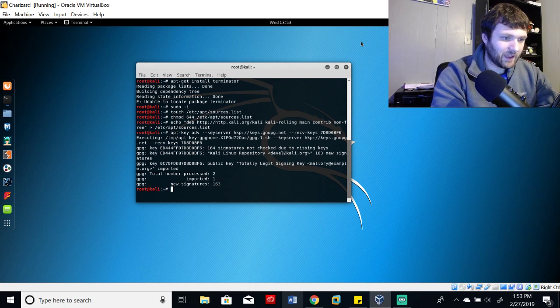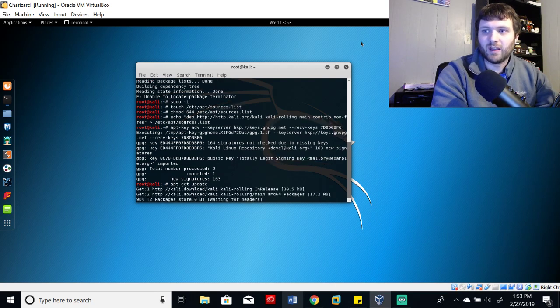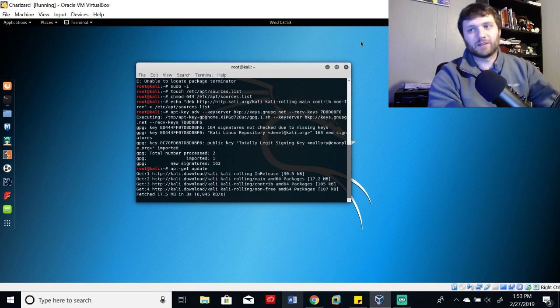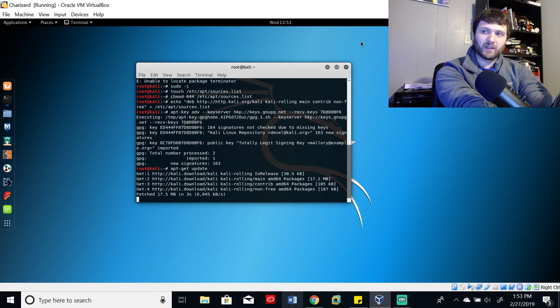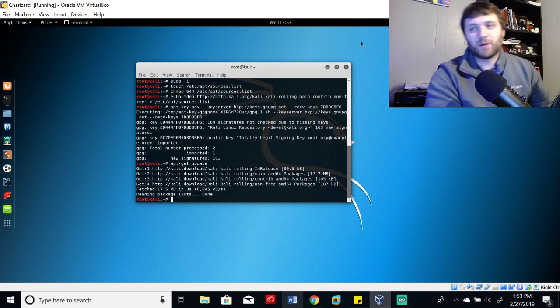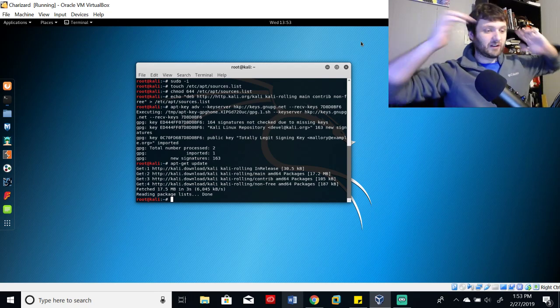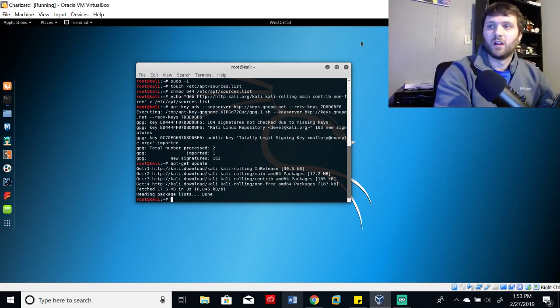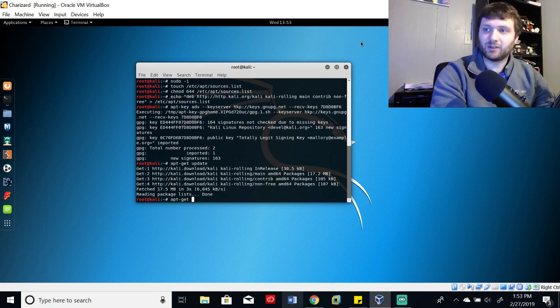Let's go ahead and type apt-get update. Make sure that it's working successfully, and it looks like it is. This looks good for us. It's going to come back with our command prompt one more time here in just a second, right after it compiles all of our lists, which should be good to go. All right, now let's try to run our apt-get again. apt-get install